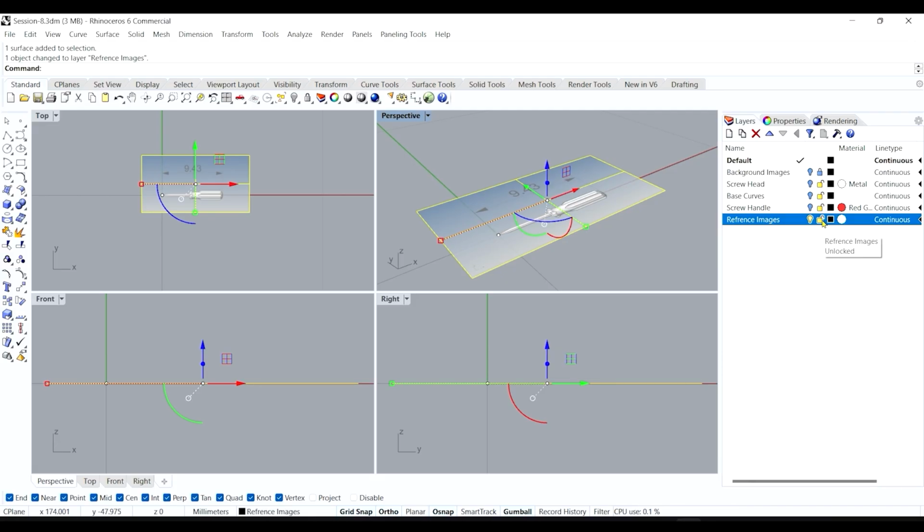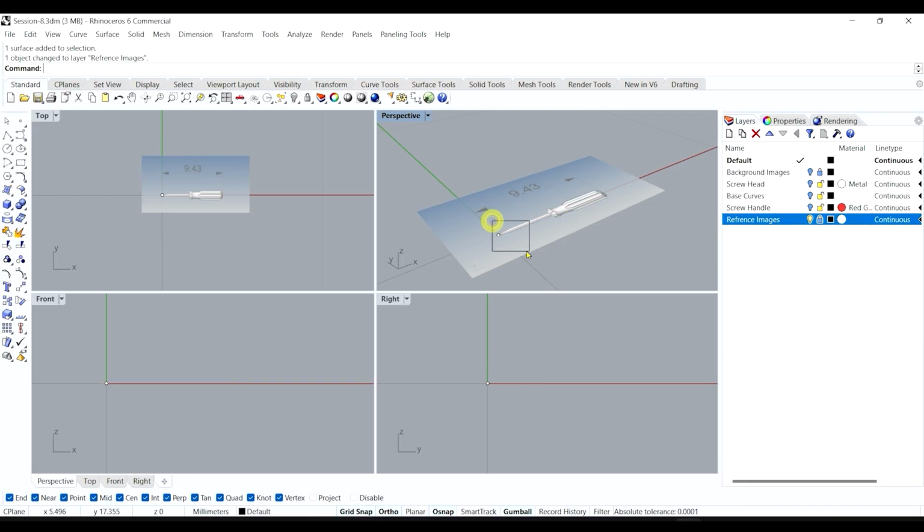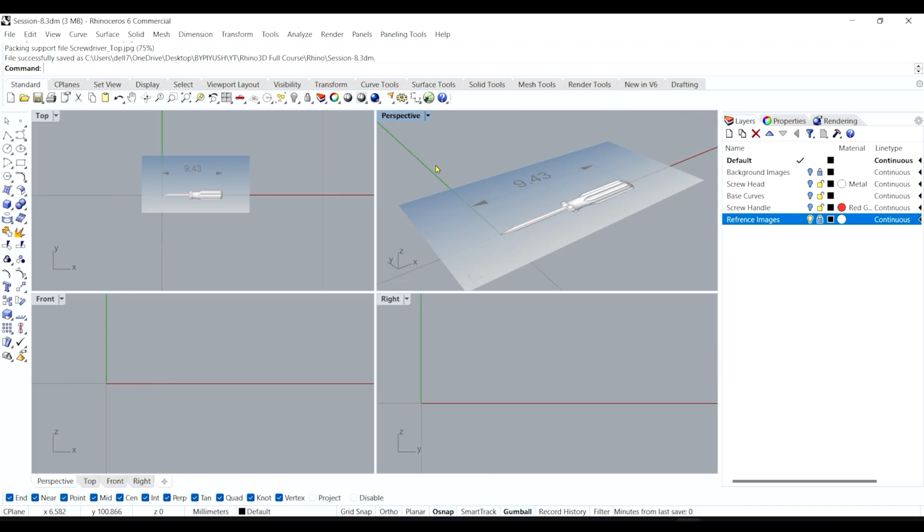You can lock this so that whatever you do here doesn't affect this particular image. And whenever you don't want the reference images and you want to see the model, you can turn off this layer. It will help. So for now, this point is not required. You can delete this. So now I will import this front view, actually, the side view, the front view of